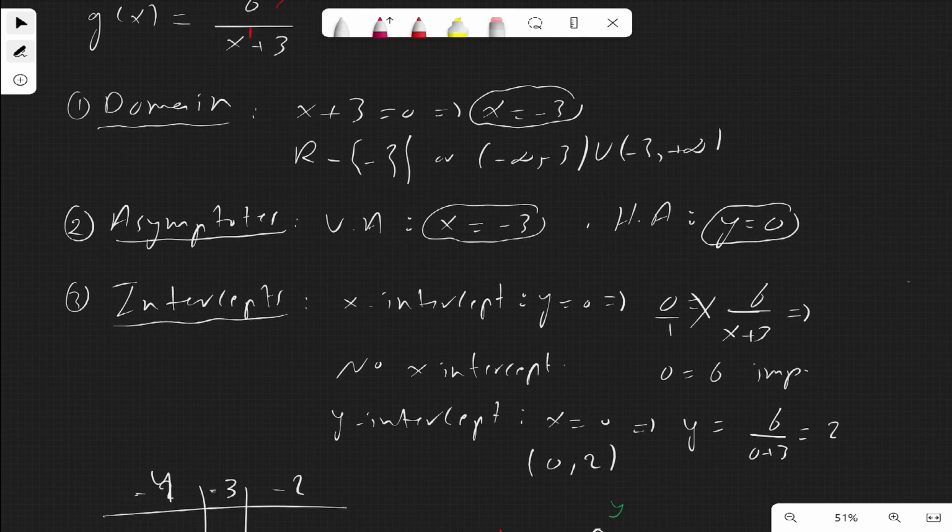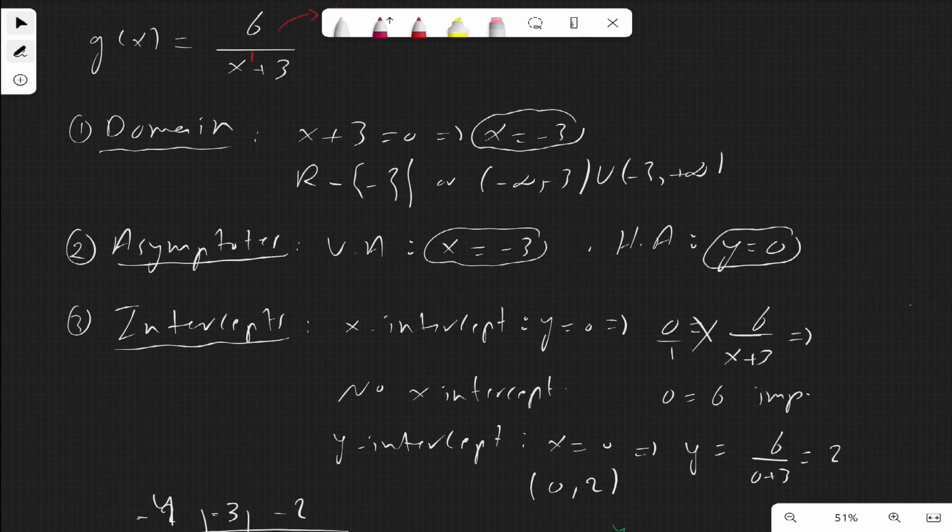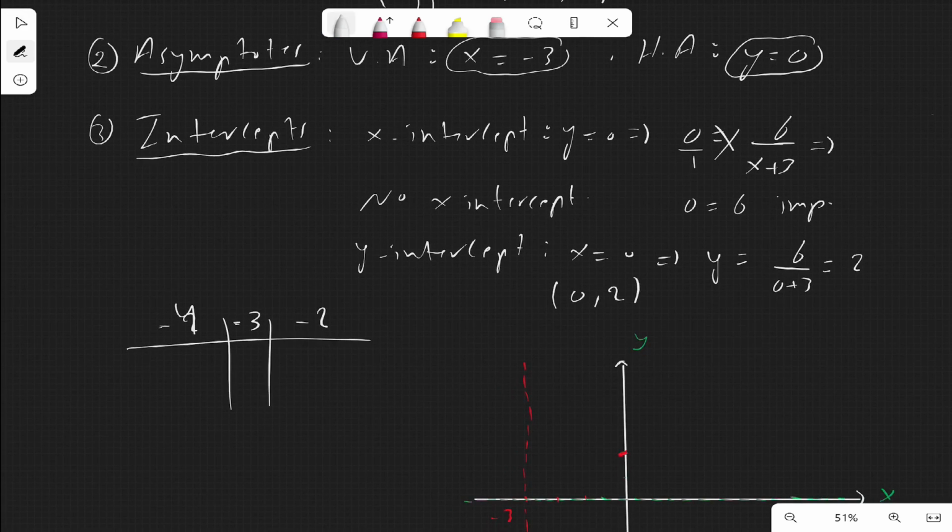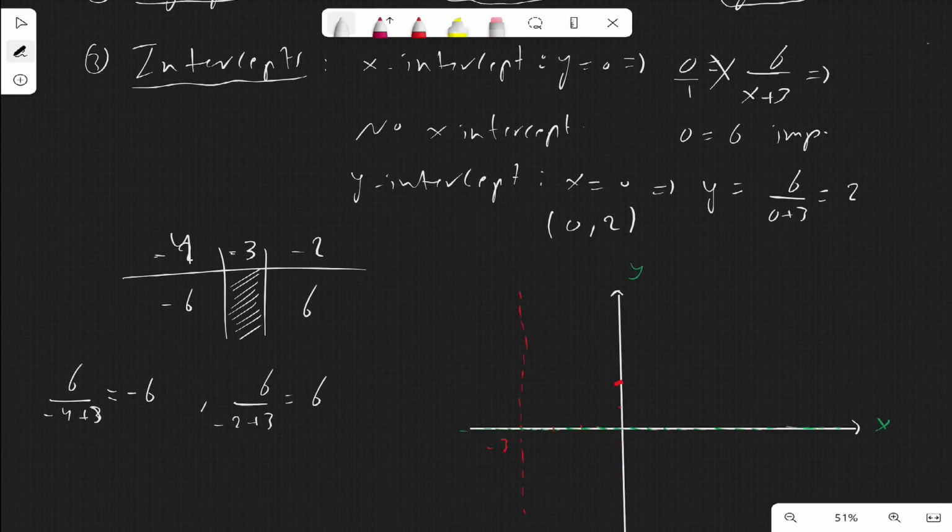For x equal -4, replace, so let's do calculations here. 6 divided by -4 plus 3, which is -6. This is the asymptote. For x equal -2, 6 divided by -2 plus 3, which is +6. So -4, -6,